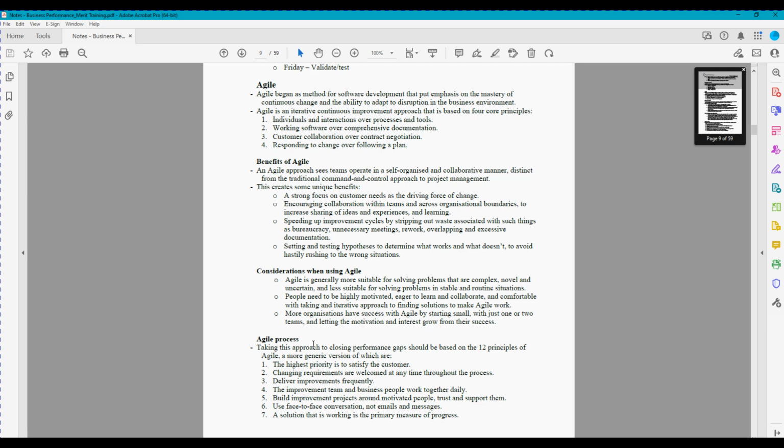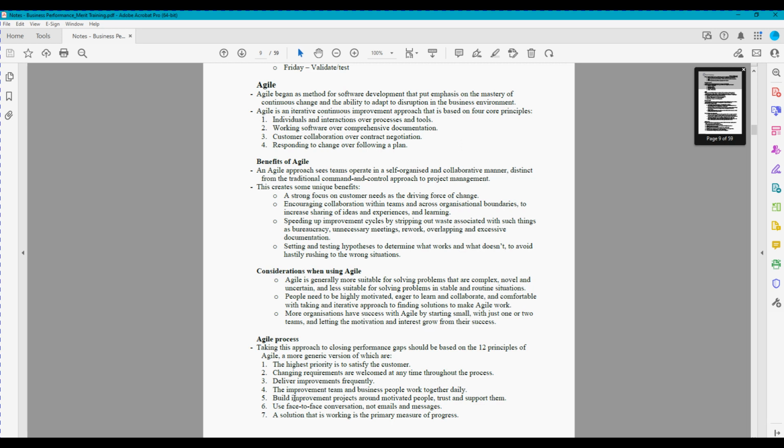So typically it's more suitable for solving problems that are complex, novel, and uncertain, like changing over time. Like when you're building software, you might have one idea as to what the final software looks like, but we realize that our competitors are working on something, or we speak to a customer and they say, oh, actually we don't want this feature and this feature, or we show them a demo and they're like, oh, can you add this and this and this? So there's a lot of moving parts and it's evolving, and even the technology behind it is evolving over time as well.